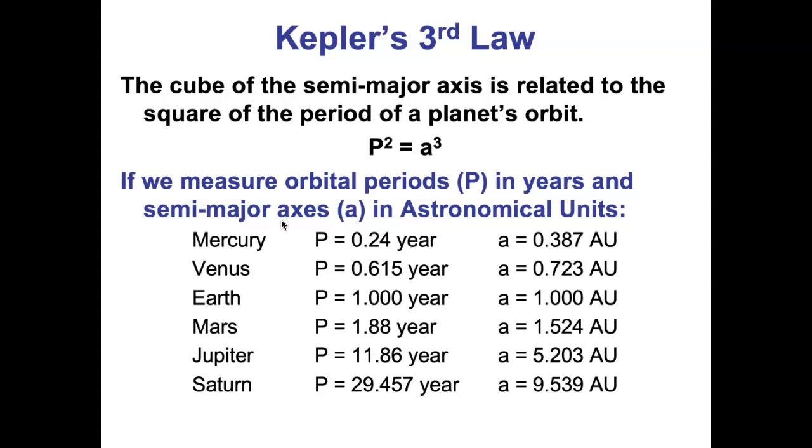Okay? So Kepler's third law says there's a simple, straightforward relationship between the period and the semi-major axis, or I should say the period and the distance, the average distance. The farther a planet is from the sun, the more time it's going to take to orbit the sun, which hopefully makes some intuitive sense. If a planet orbits farther from the sun, it's going to take more time to go around the sun. But specifically, it's like this: the period squared equals the semi-major axis cubed.